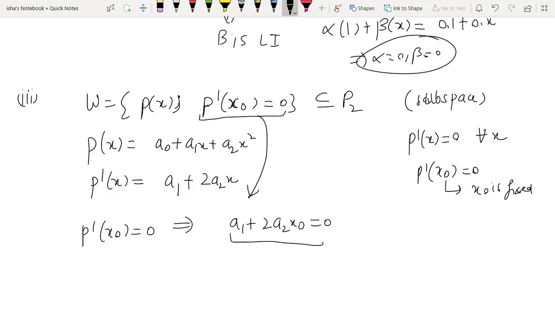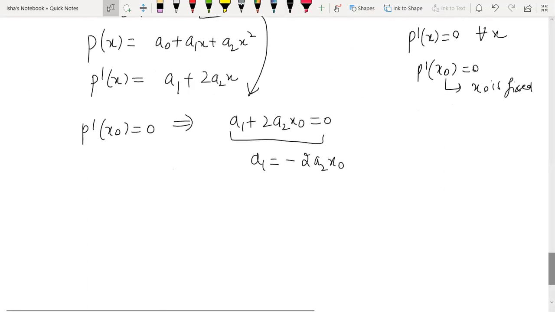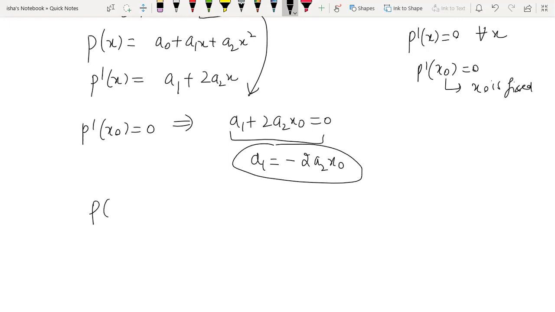Okay, so what can I find from this condition? Again, it will be your choice. One variable can be found in terms of the other. So A1 I am finding in terms of A2. X naught is fixed. Do not think that X naught is coming as an arbitrary variable. X naught is just a number, you treat it just like a number. So I've expressed A1 in terms of A2. That's it. No additional condition was given to me. This is the only condition given to me, and I am able to find this. So you go back into your expression of Px.